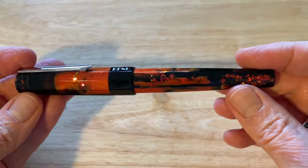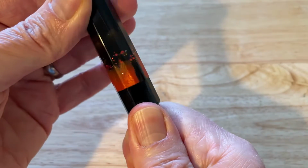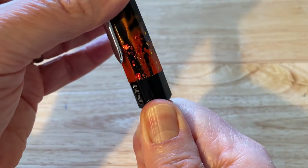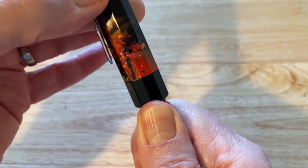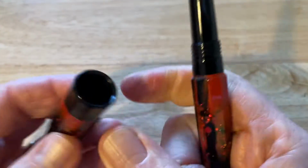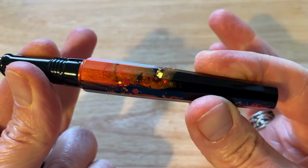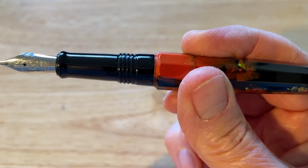So, unscrew the cap. One and a half, two and a half, almost three full turns. And I like, it's a big weighty cap. And Benu, the Euphoria, beautiful material, black plastic